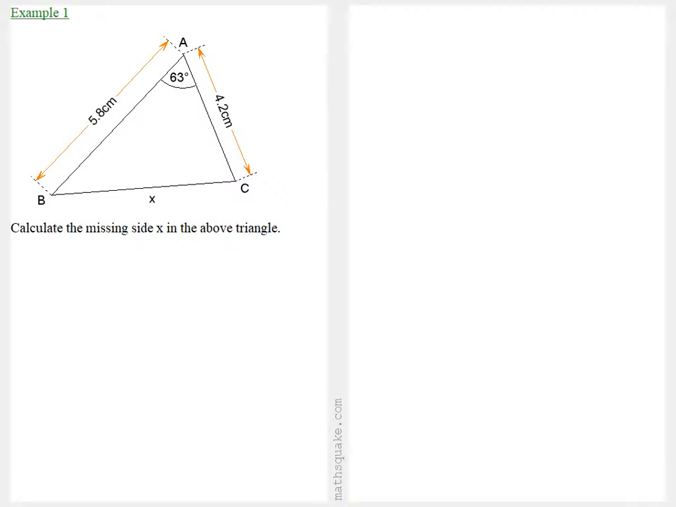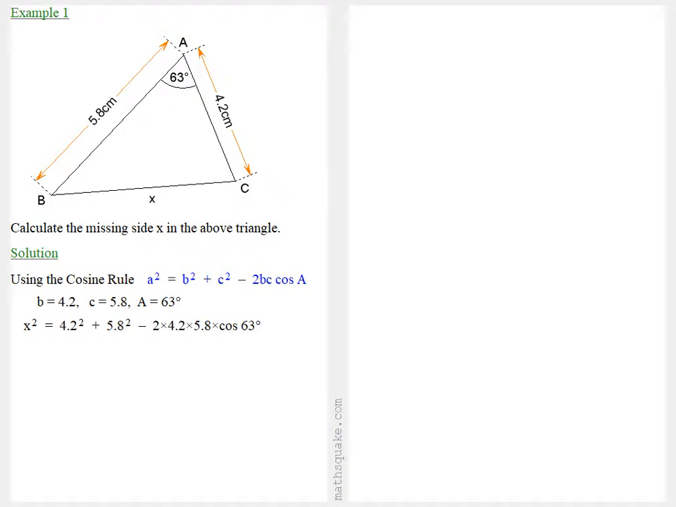Now let's have a look at some examples of how we can use the cosine rule to find a missing length or angle. In the first example, we want to calculate the missing side x in the above triangle. Now we're going to use the cosine rule. a squared equals b squared plus c squared minus 2bc cos A. And in the diagram we can see the side b is 4.2, the side c is 5.8, and the angle A is 63 degrees. So x squared equals 4.2 squared plus 5.8 squared minus 2 times 4.2 times 5.8 times the cosine of 63,